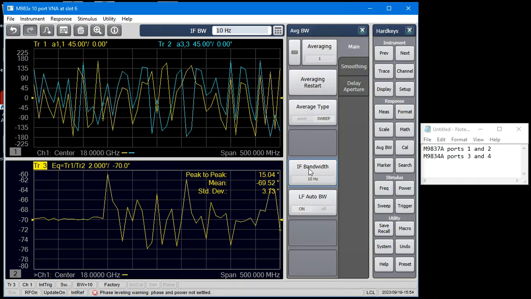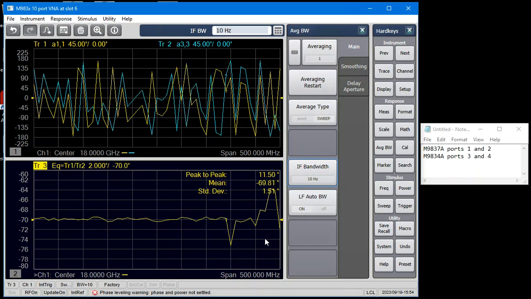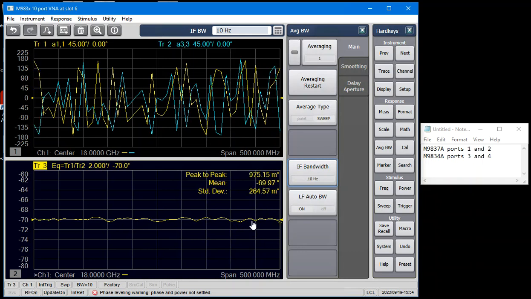So really, you need to go to the lower bandwidths to be able to get the good phase control you want. So let's wait for this to finish. Okay, it's less than 1 degree across the band. Now I'm going to do the same thing, diff IQ. Let me just preset